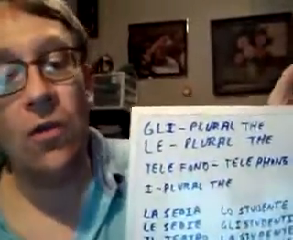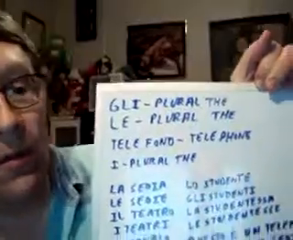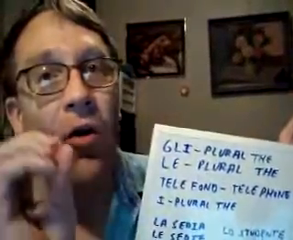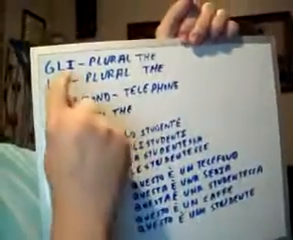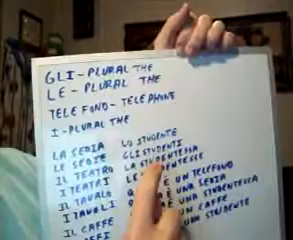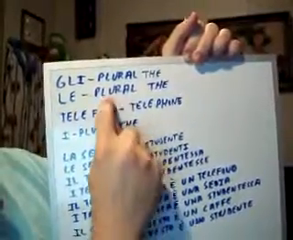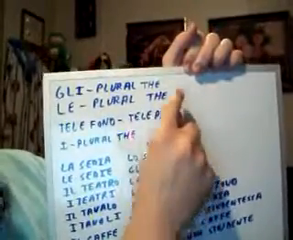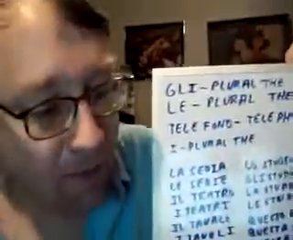Now, let's say you start turning some of your masculine nouns, or even feminine nouns, from singular to plural, and you wanted to add the article the. Let's go over this. Li is one of the forms of the plural the. Lei is another form of the plural the. What's the difference between these two? Well,